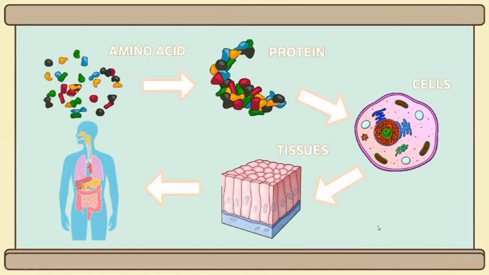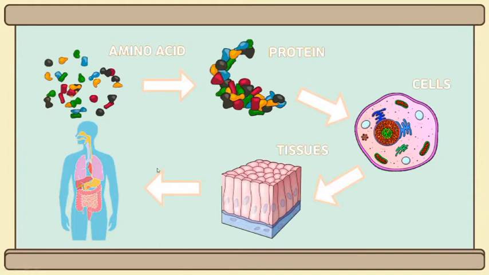Cells, as most of you know, are the smallest biological unit of all living things. These cells develop tissues. Then, the tissues make up organs such as heart, lungs, intestines. When these organs work in harmony, finally we have our body. The body could be a human body or a body of any living thing.